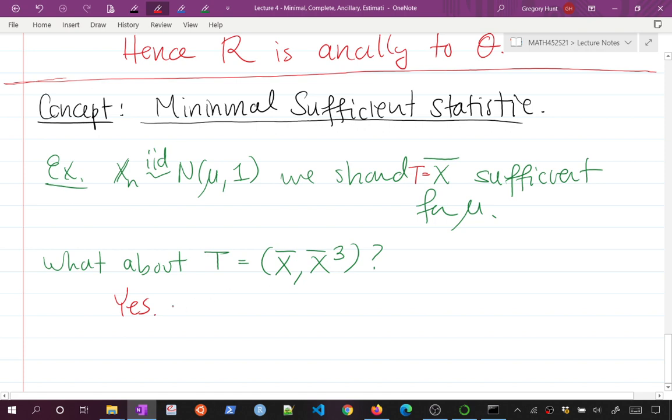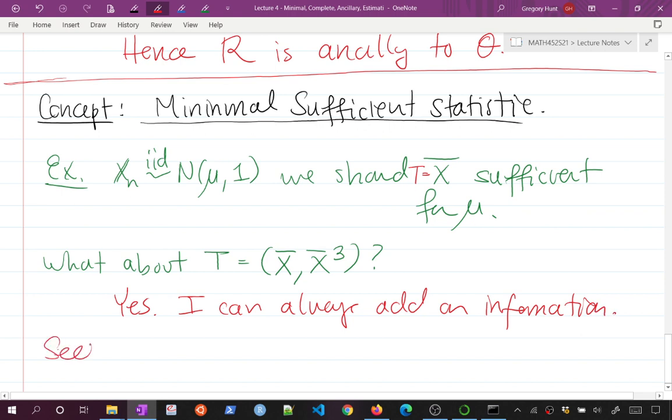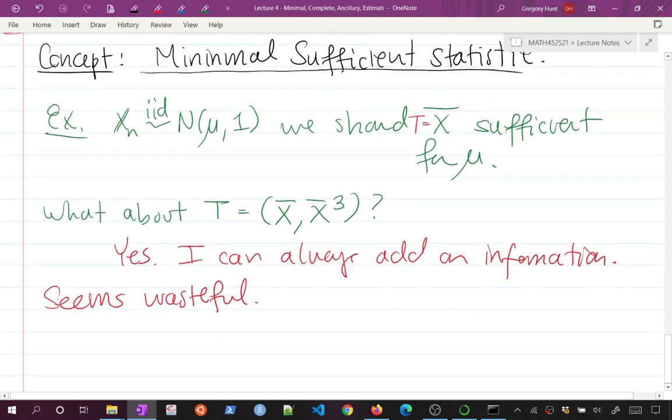So in this case, yes, I can always add on information. But somehow this seems wasteful. And indeed it is, and you can formalize this